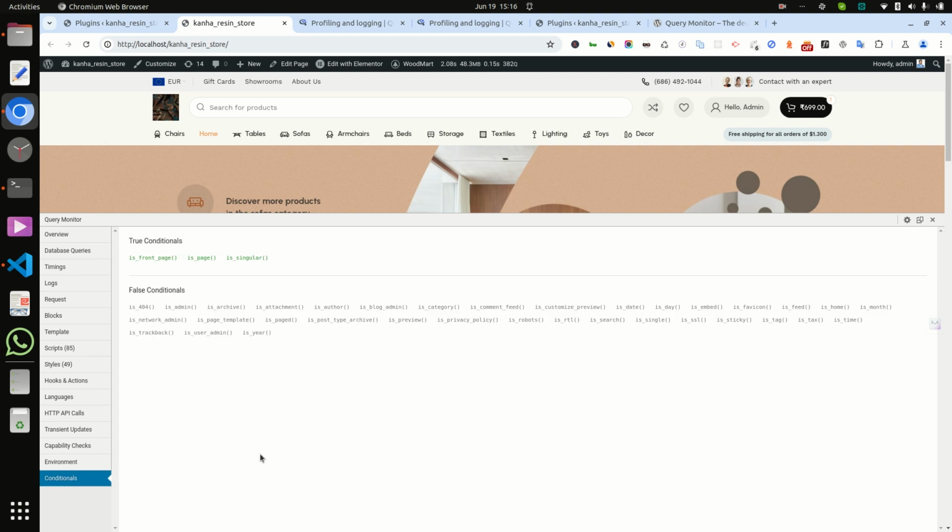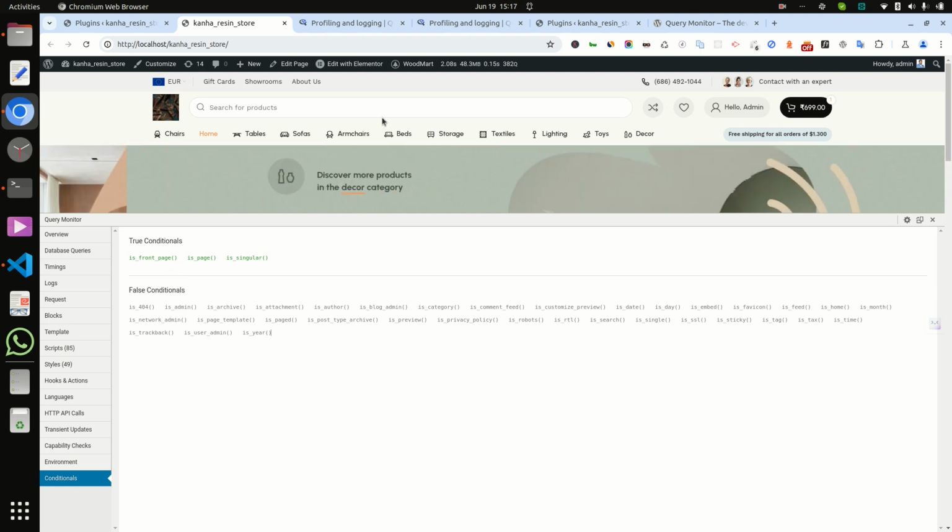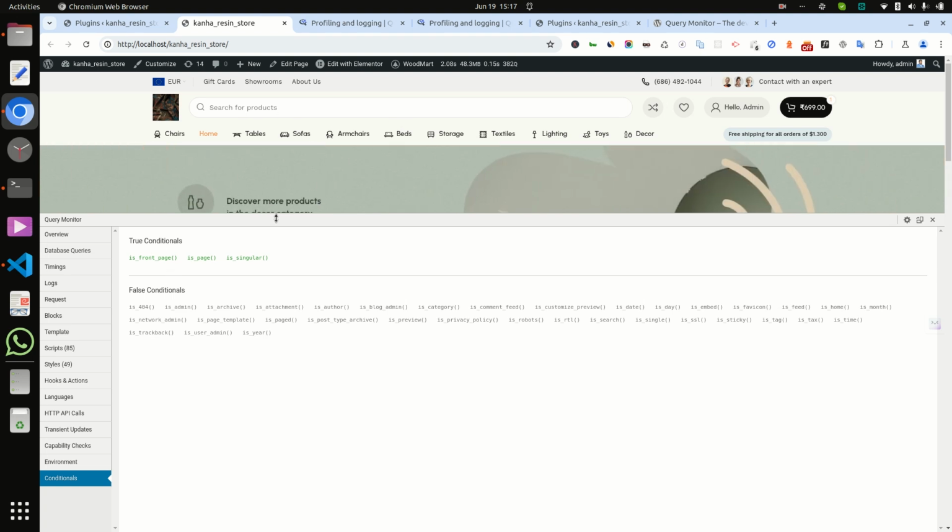And there is conditions: front page, this condition is matching, this page is matching, is singular is matching. So when we add any code, we can add it at that time.